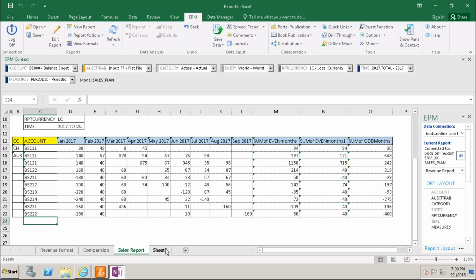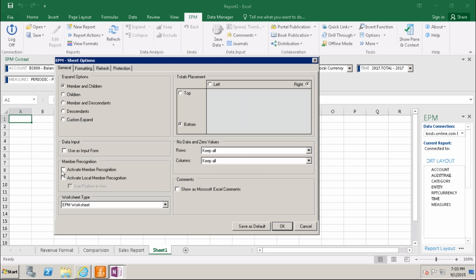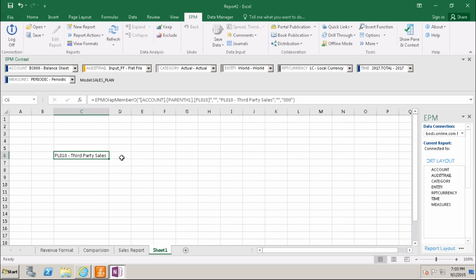I'll show you another report. Here, just activating this sheet option, activate member recognition, and I'm not activating the local member one already. Otherwise we will activate both. Okay, and now the member recognition is activated. So just now PL010, it is my account, and here I'm going to give 2017.01.